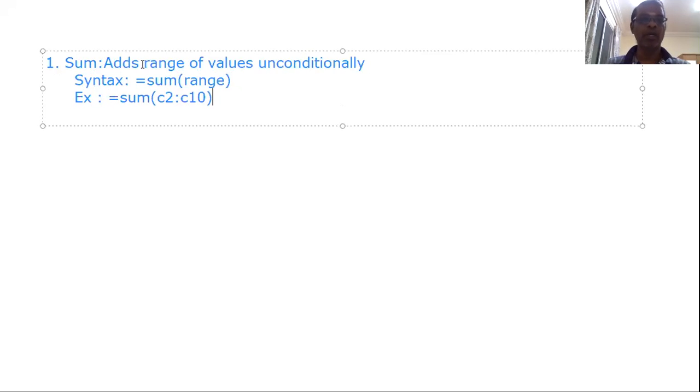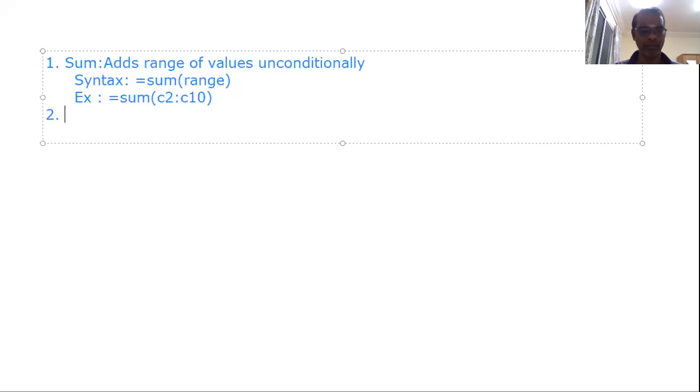That means whatever values are available in the range from C2 to C10 will be added. Very simple. We are not applying any condition here. That is why SUM adds a range of values unconditionally.